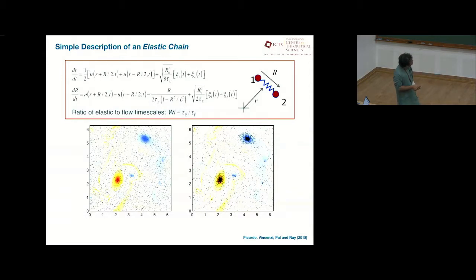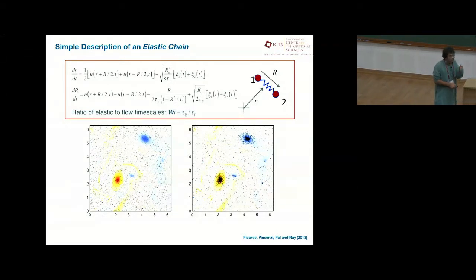And you see, amazingly, that when you have low elasticity, the centers of mass are uniformly distributed, as we would expect for tracers. The minute you have finite elasticity, they tend to preferentially concentrate. And where do they concentrate? Not where heavy inertial particles would, but just the opposite. They tend to concentrate in vortical regions.